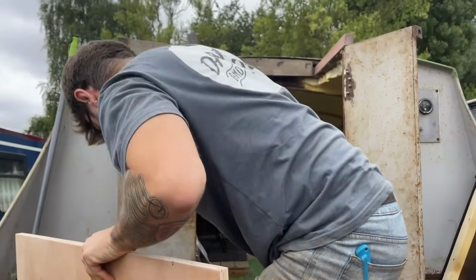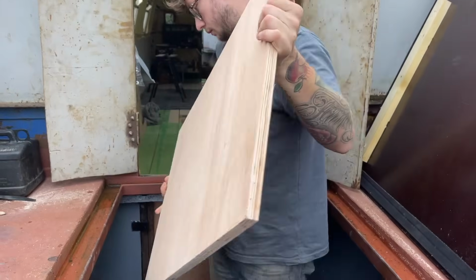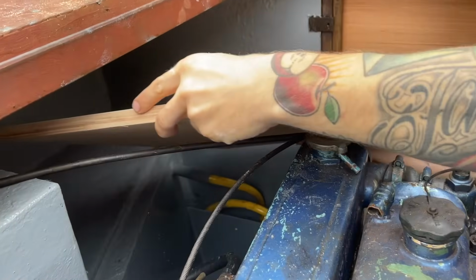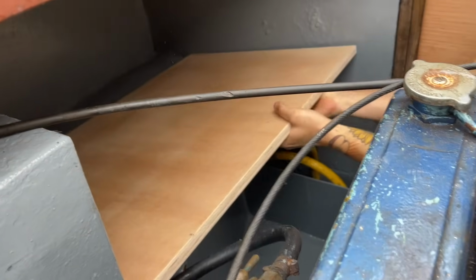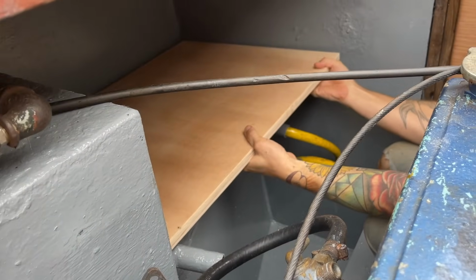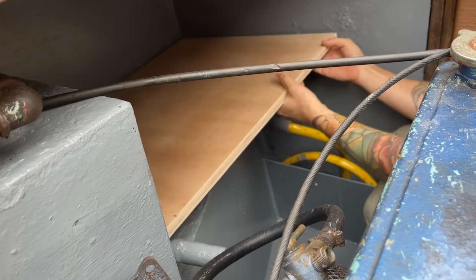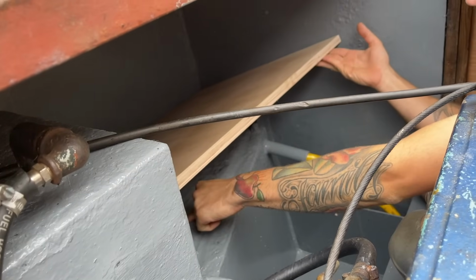What's the vision? This is going to become almost like a shelf, because that is pretty much the exact size for our batteries. I'm going to raise it up with a batten to support it there, and then a batten screwed through that wall there, because obviously if it's screwed down, that's the